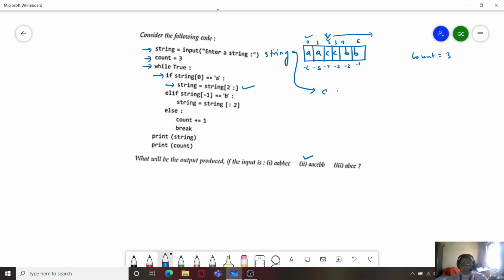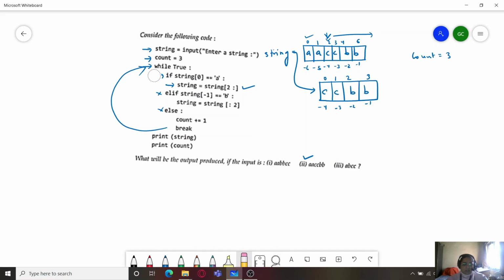So it will be CCBB. So this is my string now, and none of these conditions will be executed. Again the loop will be iterated next time.